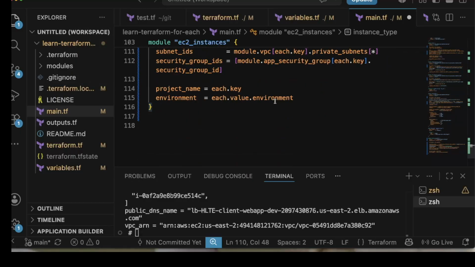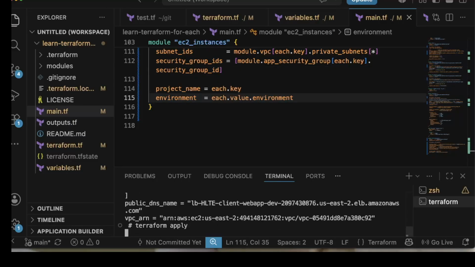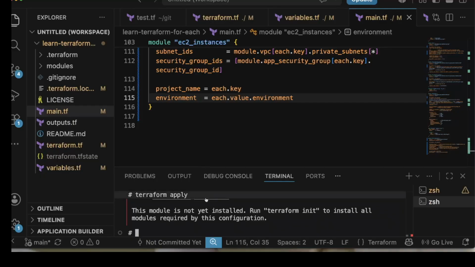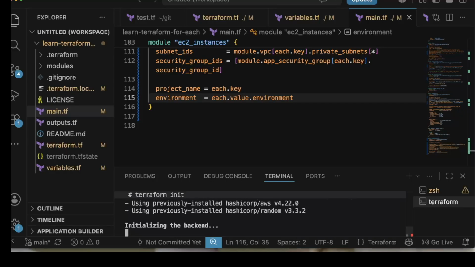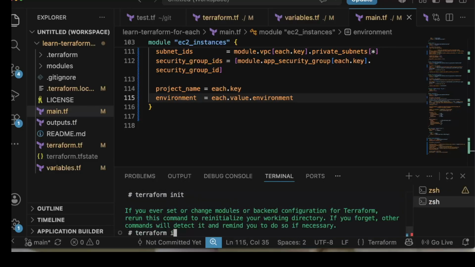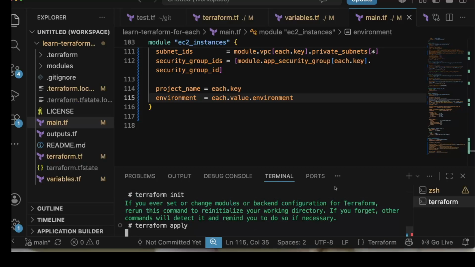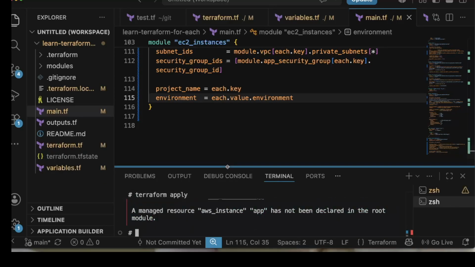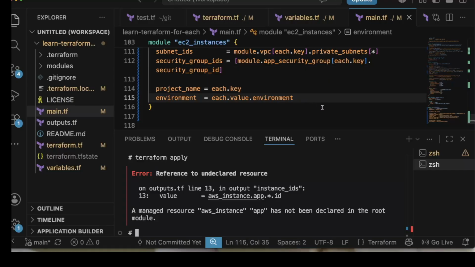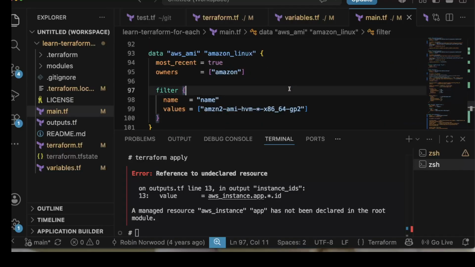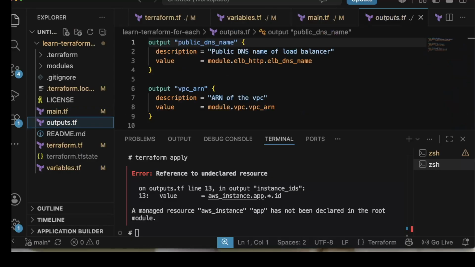Okay, so I think that's all done. So let's try to apply it again and see whether we get any errors. Because we have added a new module, we always have to reconfigure it, and the way to install all the modules is to do a terraform init, and that's successful. And now we'll try to do a terraform apply. The aws_instance has not been declared. Outputs. Okay, so we might need to correct the outputs as well,